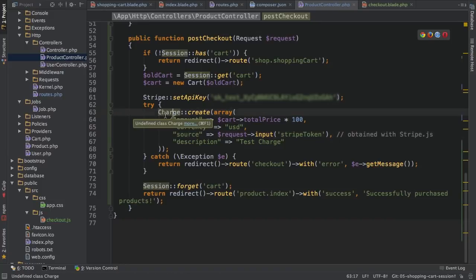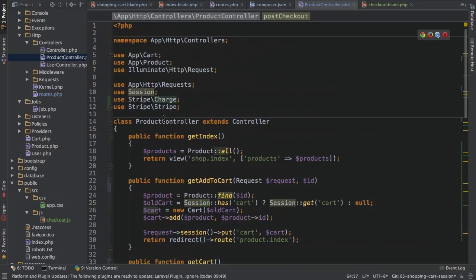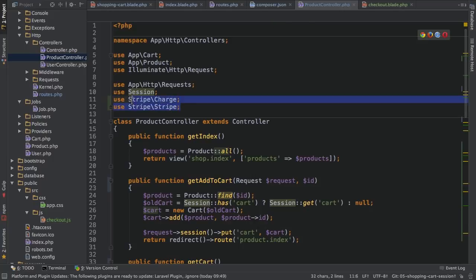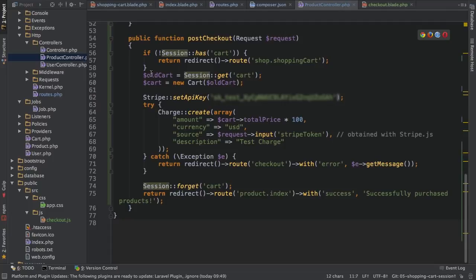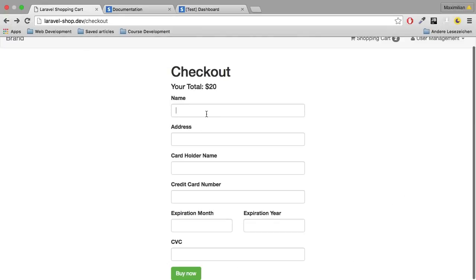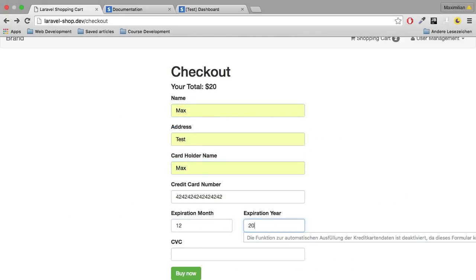Now, in order to use Charge though, I need to import it, and I need to import it from Stripe\Charge. So I do have two imports needed, Stripe\Stripe and Stripe\Charge. Overlooked that before, excuse me, but I think it's helpful to see this error here and to, well, see that you need to be careful and that we are using two different pieces of the Stripe package here. The overall Stripe package to set the key, and then the Charge part of it to make the charge. So back to the application. If I now hit submit,